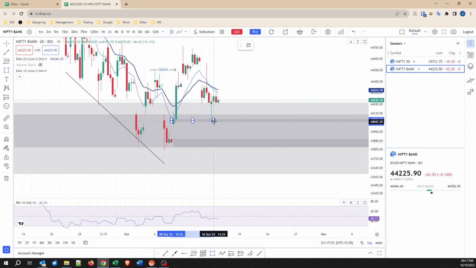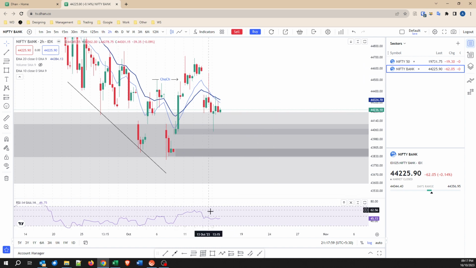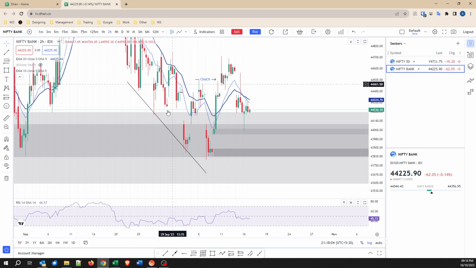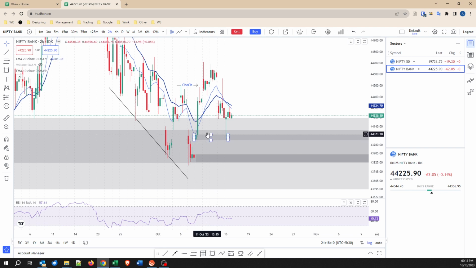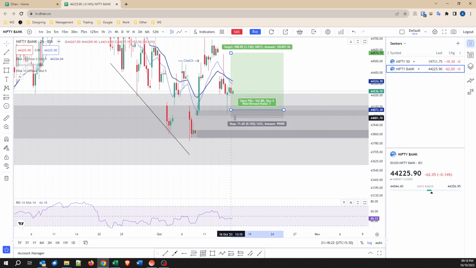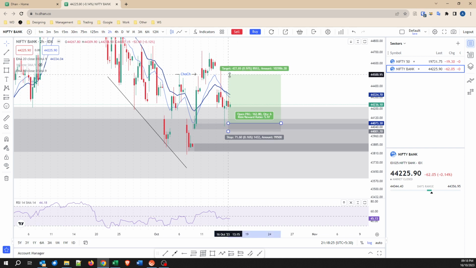So this could be traded as one single zone, and this could be traded as another single zone. So we already got entry here. Since the RSI has already started crossing over and the price has also given us a change of character, this would have been a good entry point. Not to worry. As price moves back up, you can still enter into this zone because our target is still valid. And then from here, maybe we can expect a 1:2.